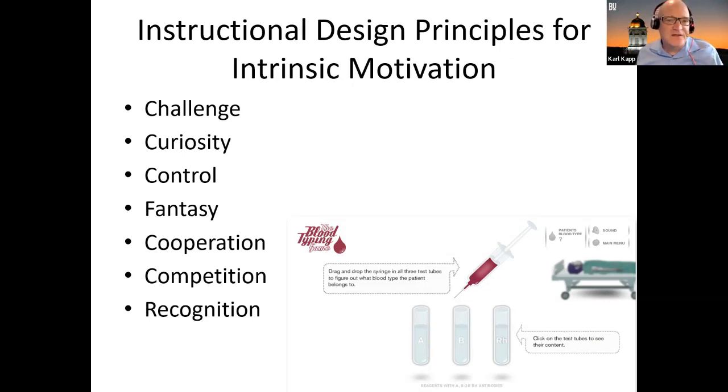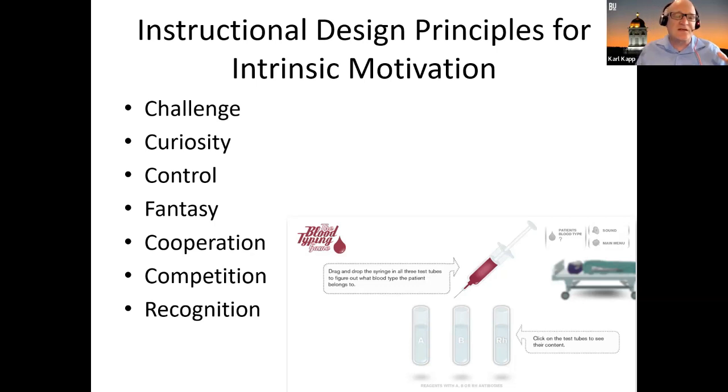So if we think of instructional design principles for intrinsic motivation, and we look at some of the Malone and Lepper work, and we look at the other stuff, we can think of challenge. We've already talked about that. Curiosity, we just talked about that. Control, or autonomy, the ability to make decisions. Fantasy could be used in there. Cooperation, people working together, because that's the social relatedness. I don't want to let you down, so I'm going to work really hard so that I don't let you down. That's the sense of cooperation. Competition, on the other hand, or conflict that we talked about, is, hey, I want to do better than you. I want to see how good I can be, right? I'm going to compete. And then recognition, right?